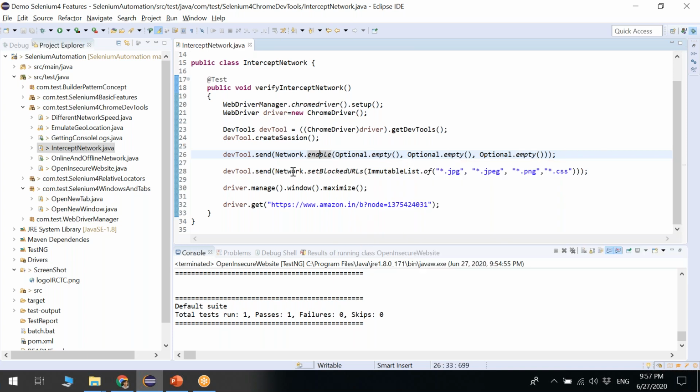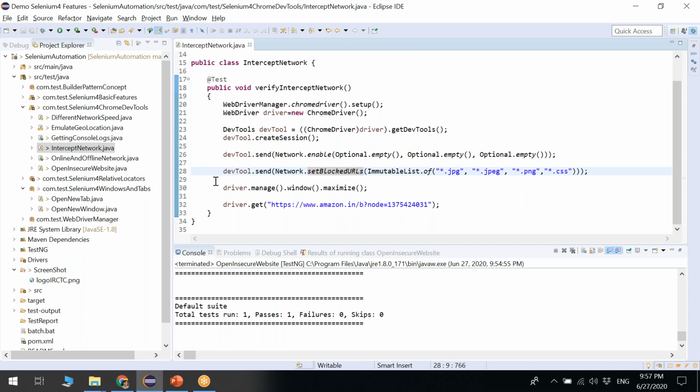Next, you have to call Network.setBlockedURLs, and pass an ImmutableList.of. What I'm saying here is to block JPG, JPEG and PNG, along with CSS. So I'm blocking those things. After this, I'm maximizing the browser and launching this page, the Amazon page for the laptop category.